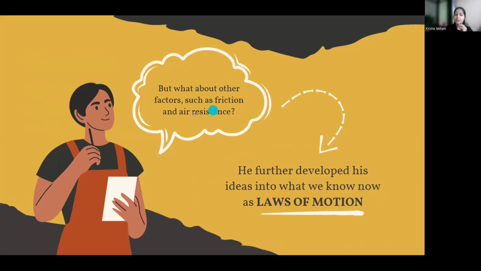But what about the other factors such as friction and air resistance? As I explained, the air resistance and the gravity. फ्रिक्शन इज अनदर फैक्टर जो अफेक्ट करता है. फ्रिक्शन अगर तुमने देखा रहेगा तो दो जगह पे यहाँ पर ग्लाइड होना. दिस इज व्हाट फ्रिक्शन. दिस इज व्हाट आई एम डूइंग राइट नाउ इज फ्रिक्शन. ओके.